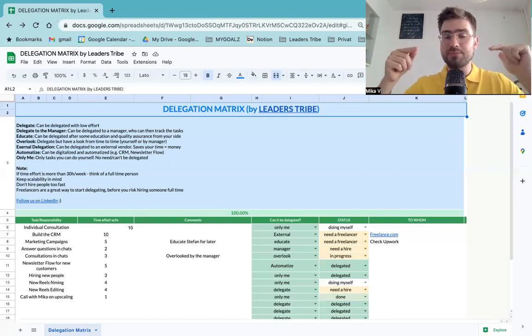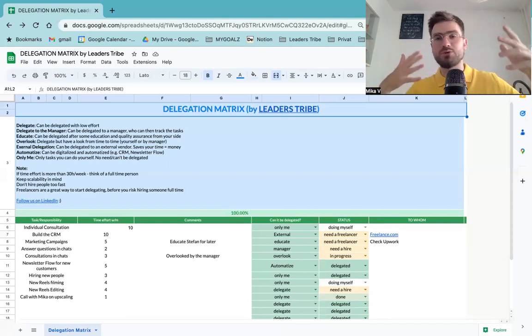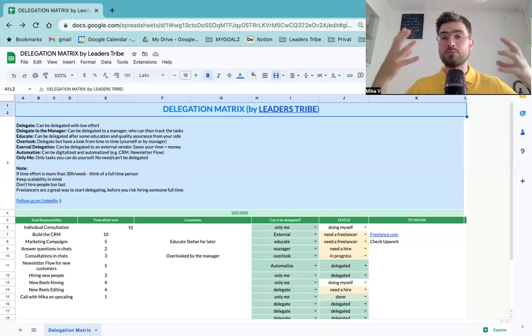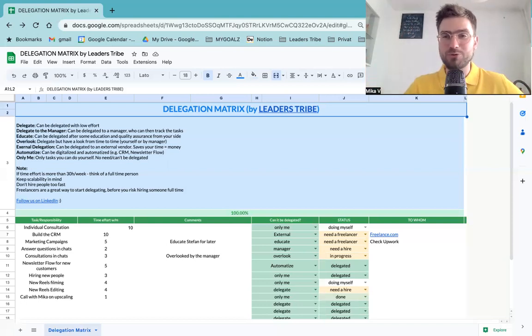Do it also a couple of times, and then you can just let this person do it, and from time to time you can check if you want. But if you see that the things are getting done and the customers are happy, then just get your hands off it and just check the NPS, Net Promoter Score, of what the feedback of the customers is later on. For the onboarding, for example, you can include the question: how clear was the onboarding? How understandable were the things? How nice was the person who was onboarding them?